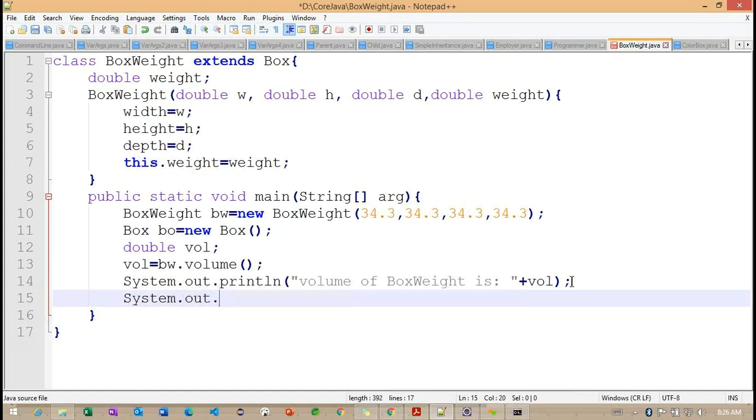And I want to check with weight dot, sorry, not weight, bw dot weight.